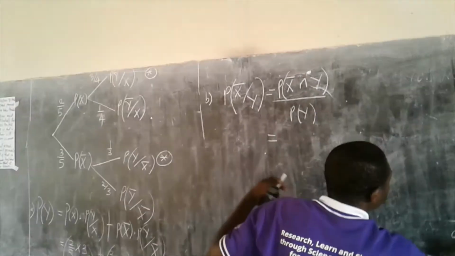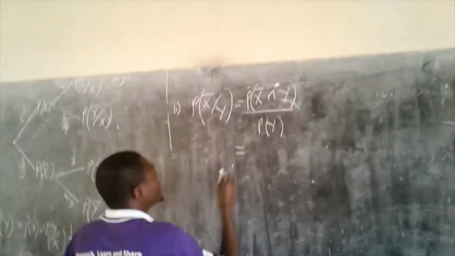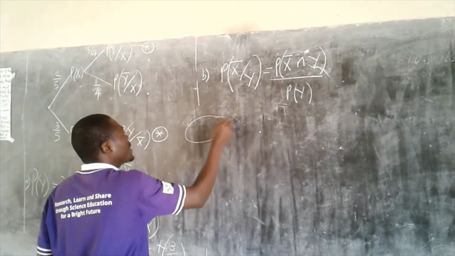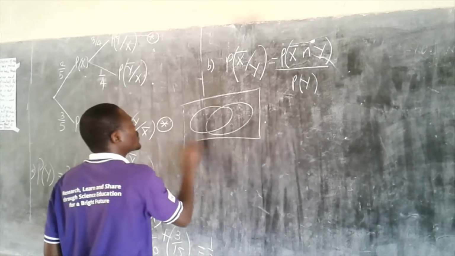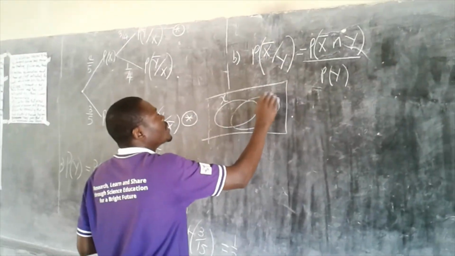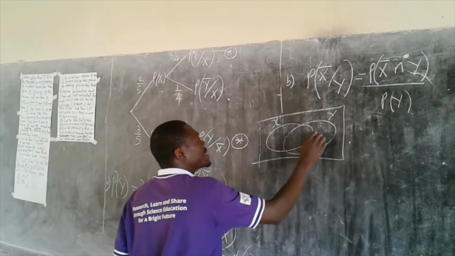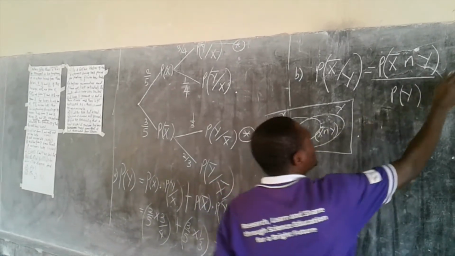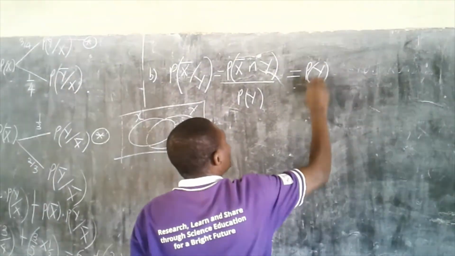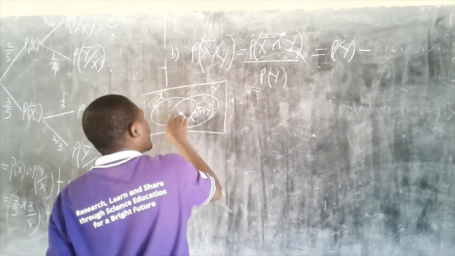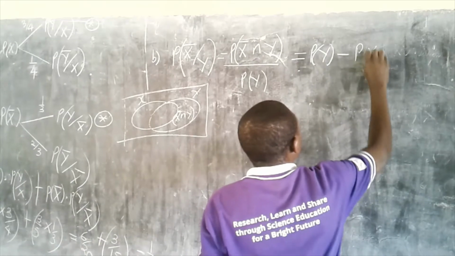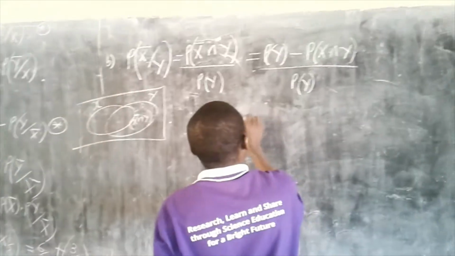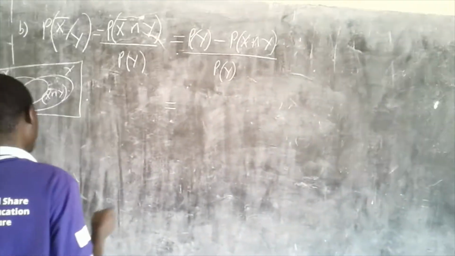But to simplify it further, we can say that if this is x and this is y, this will be x complement intersection y. Meaning that it is the probability of y, you take away the probability of the intersection, which is the probability of x and y, over probability of y. And probability of y, we have it as a half,